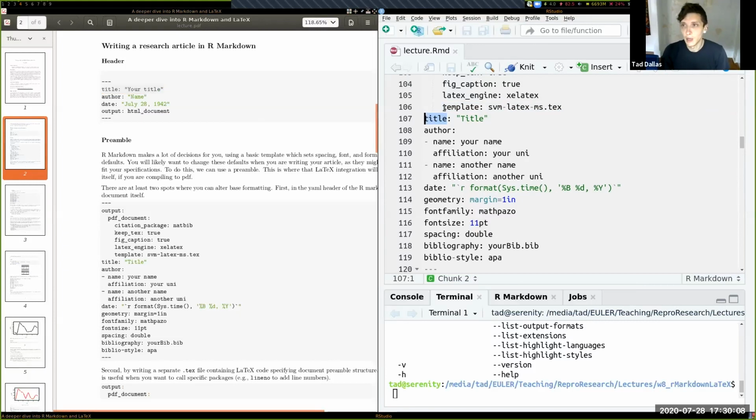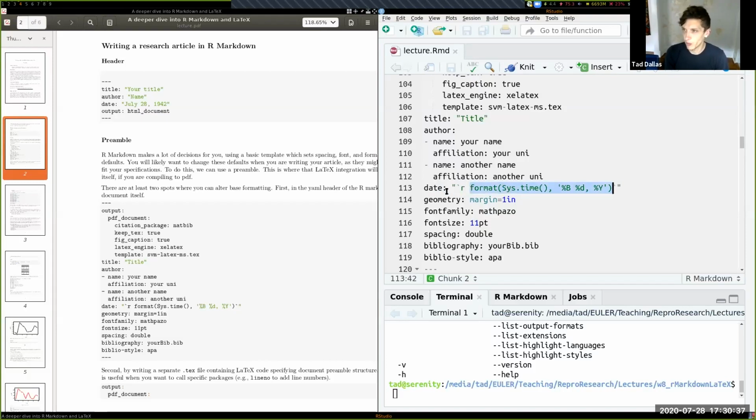And then it has some things that are conserved in that original 4-line YAML. So we still have title, everything like author. And what I'm doing here is I'm separating out author by name and affiliation. And that's probably something that is handled within this template file. I don't think it does it by default, but I'm not sure on that actually. And then here I specify the date actually using inline R code.